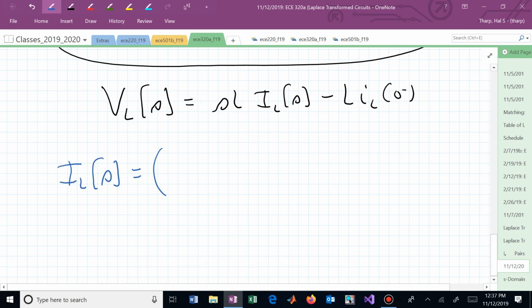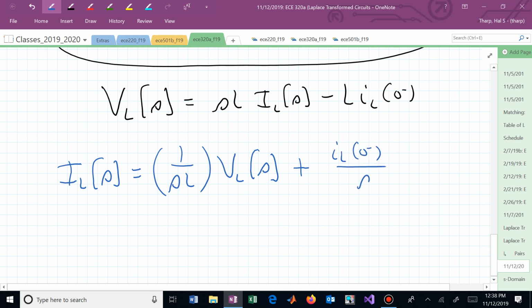And in so doing, we now see that we have 1 over SL times V sub L. And that's consistent now. To get a current from a voltage, we would divide by the impedance. So that SL seems to be consistent with impedance in this formulation. We move the initial condition term to the other side. It now says a plus. We're dividing by SL, and now we have I sub L of 0 minus over S. And now we want to write or